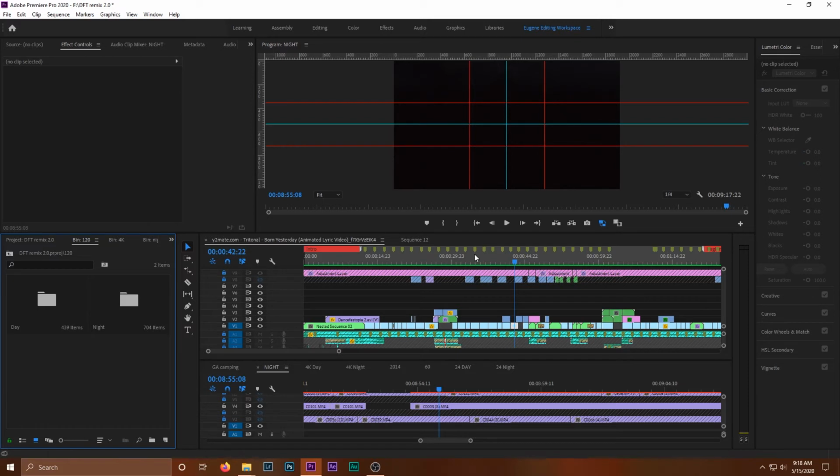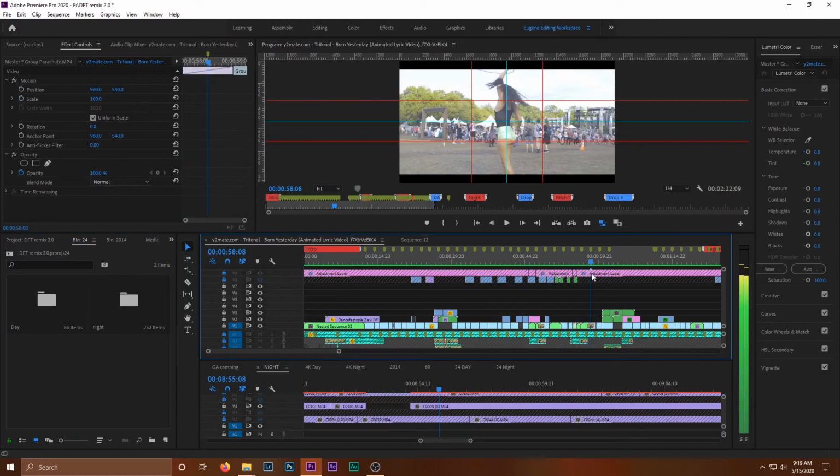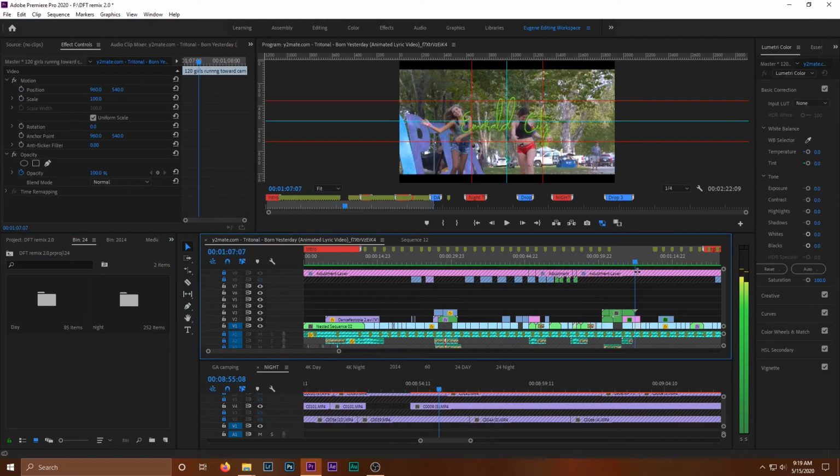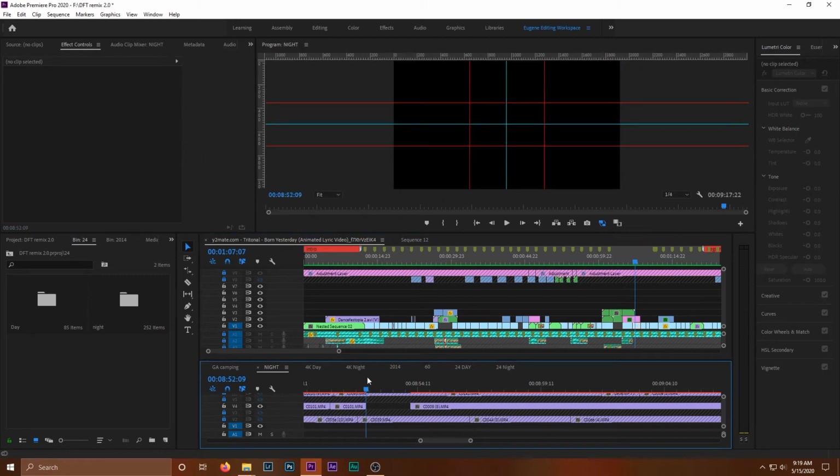In addition to keeping organized, what I like to do is I like to have a stacked timeline. So this timeline here on the top is my main timeline. This is where I'm making my edits, my cuts, my grades, everything is on this timeline here. The bottom timeline here, this is where all of my selects are going to be. So what you're going to see is I have all of my frame rates pretty much down here, named in